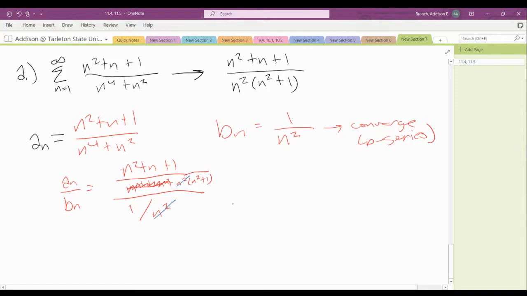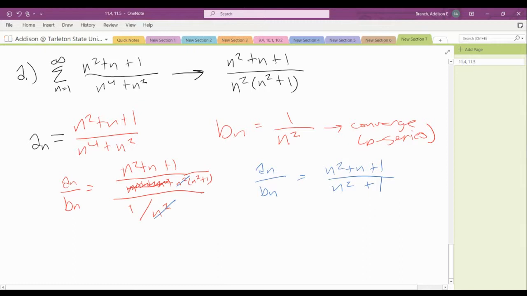So therefore, we are left with a sub n over b sub n is equal to n squared plus n plus 1 over n squared plus 1. All right,